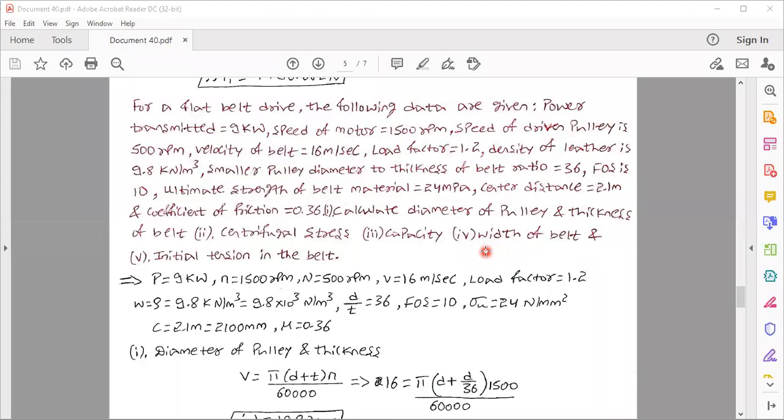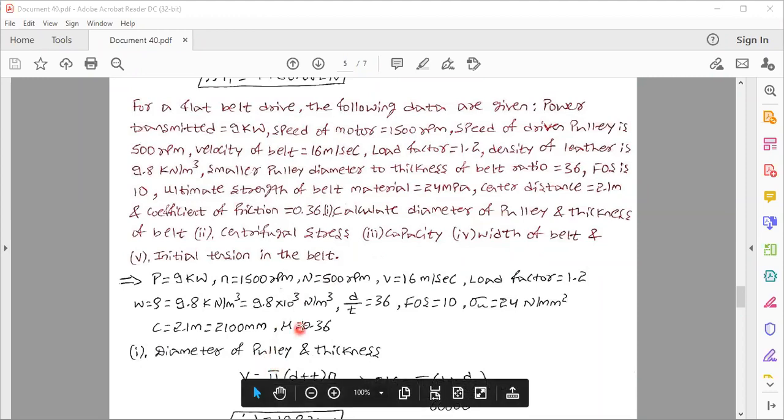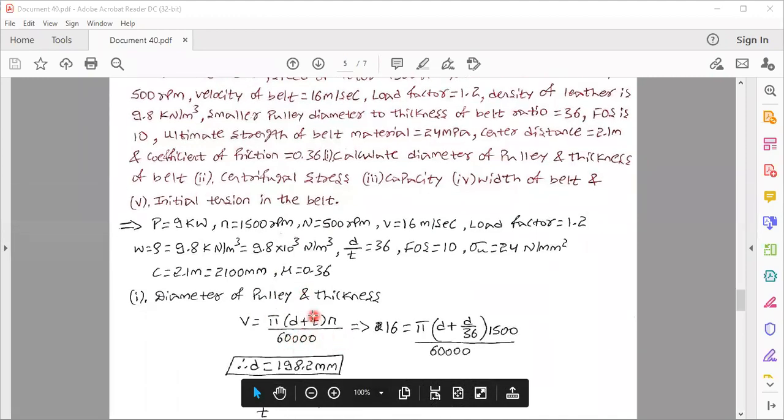The one is you can use the length of the belt formula. Whereas in this case the length is not given, meaning in a single equation you will have two unknowns. You cannot use that equation, and see other formulas where the diameter of the smaller as well as larger pulley is given, except that length of the belt. In other formulas you don't get this. But we know that v is equal to pi dn by 60,000. Whereas in this case you need to calculate the diameter.